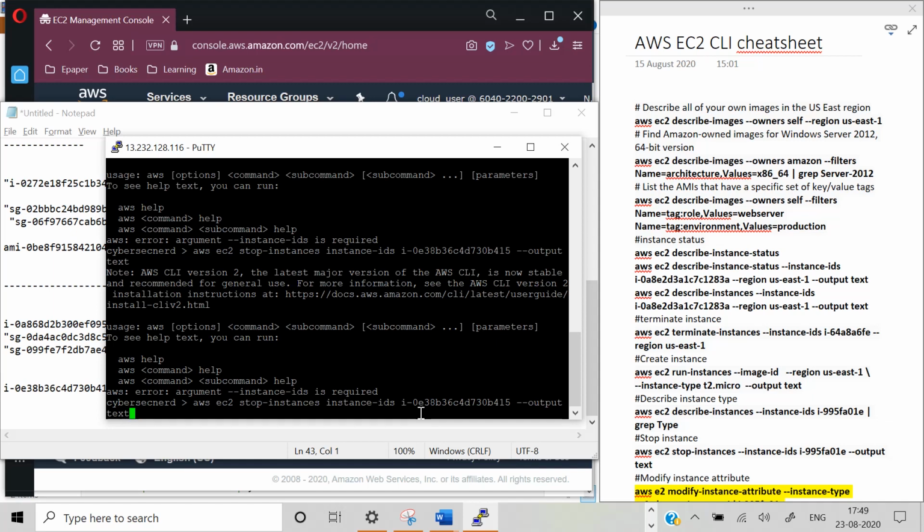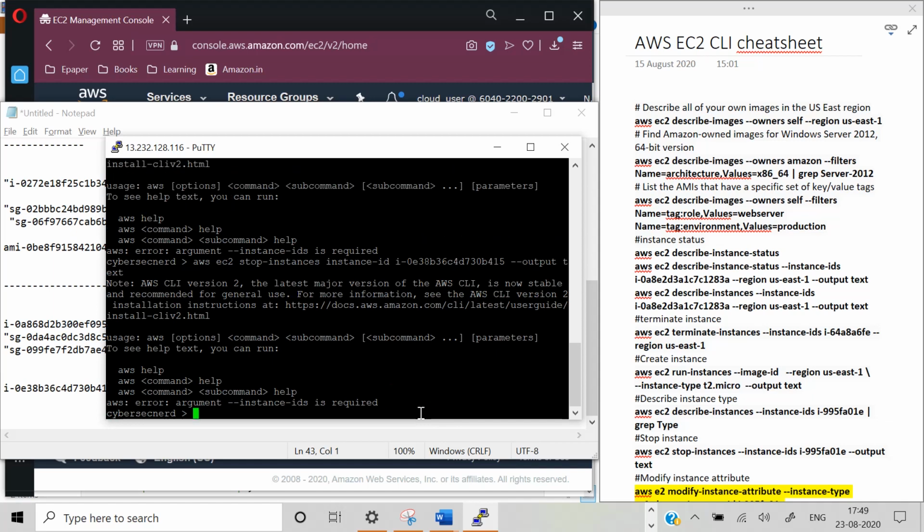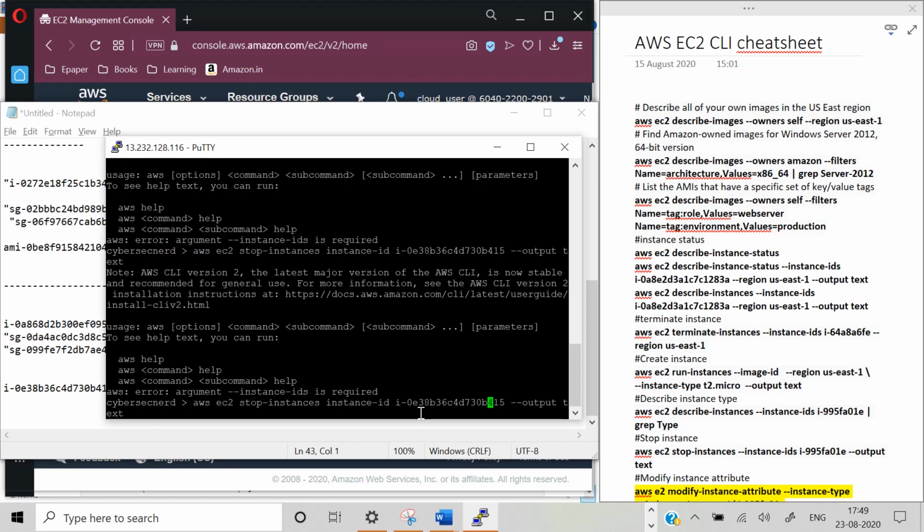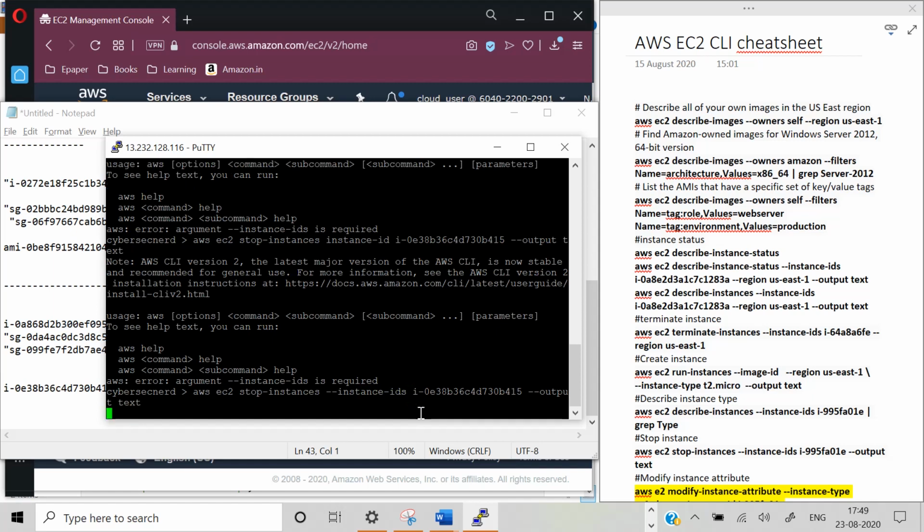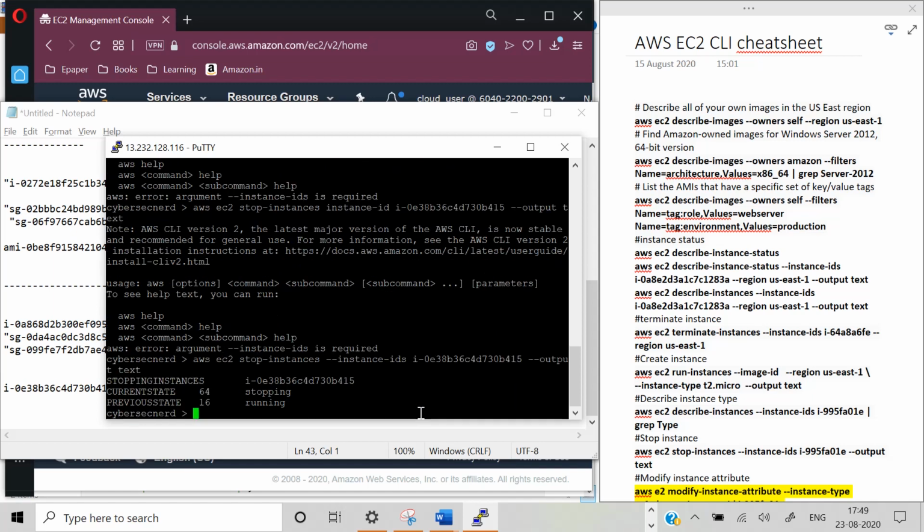Stop instances, instance IDs, yeah. You can see the current status is stopping and the previous state was running.